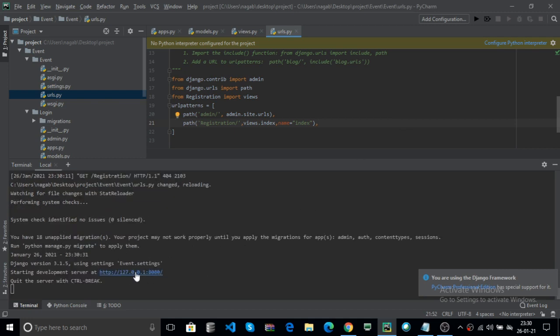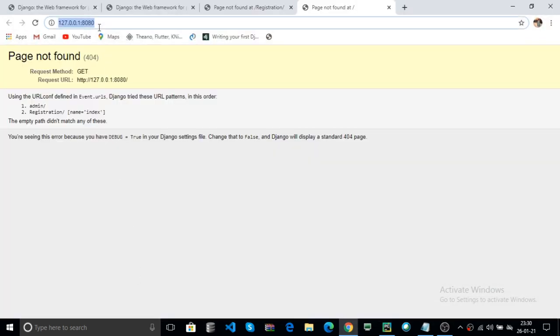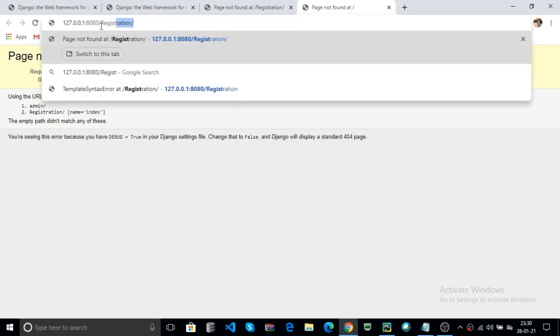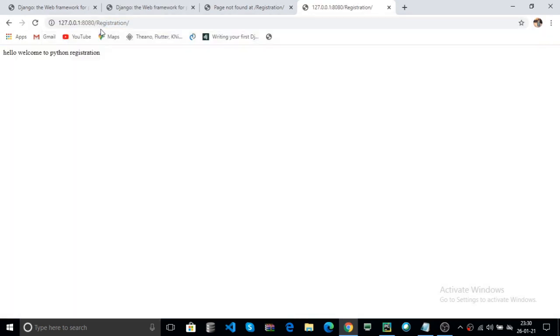Then Django automatically runs the server again. Now use registration slash. Here: hello welcome to Python registration.